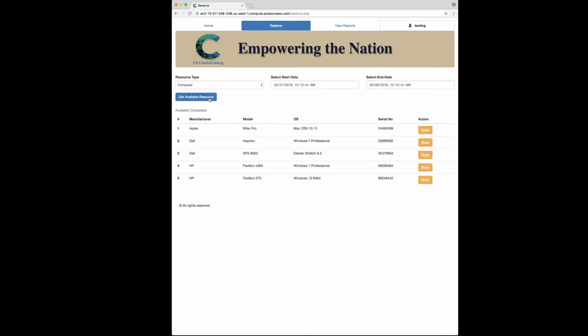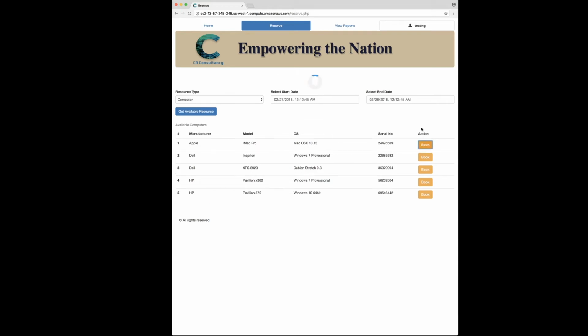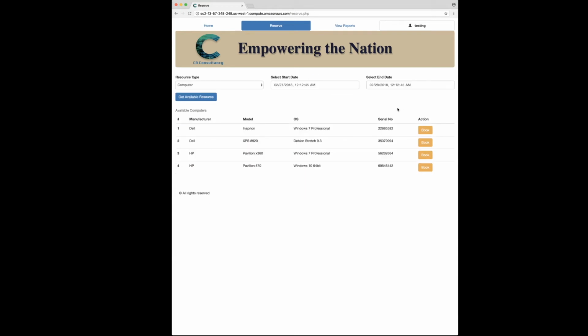After clicking on the Get Available Resource button in the upper left region, the user will be presented with all of the available resources for the given time period in the computer section. We will go ahead and go with the brand new iMac Pro. By clicking the Book button, we have now reserved and booked that computer for that day,